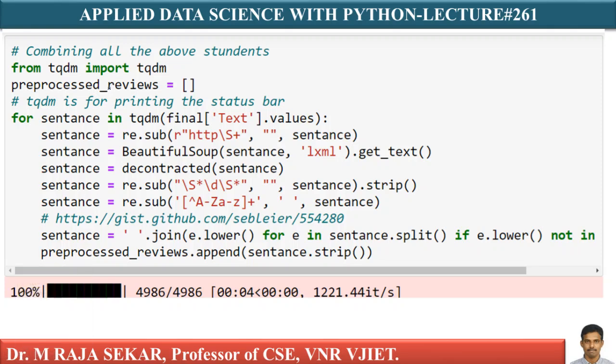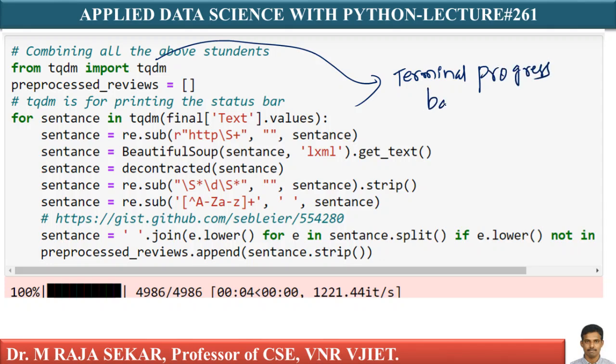In Python, there is a beautiful library, tqdm, a terminal progress bar. This is a terminal progress bar, like this. While downloading some software, you can see this progress bar, isn't it? Usually you can make use of tqdm, the terminal progress bar, while executing different loops. Yes, it is simple and straightforward.